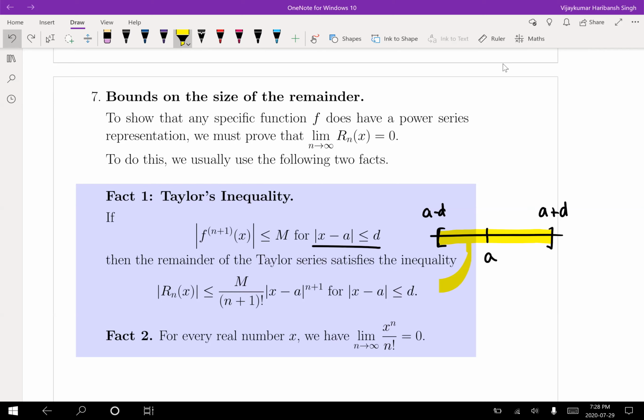Yeah, so coming from this region here. Okay. Now fact 2 is basically that the limit as n goes to infinity of x to the power n over n factorial is 0. That you can check using basically,